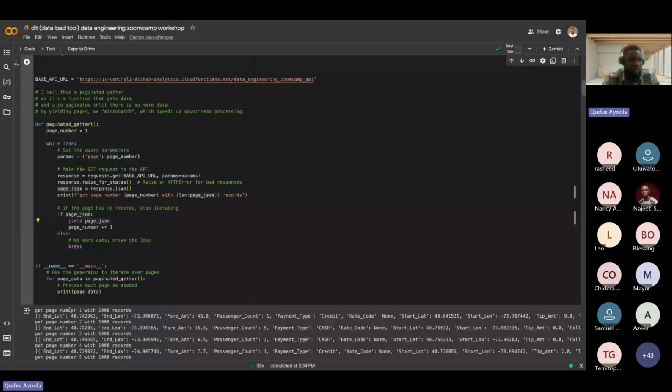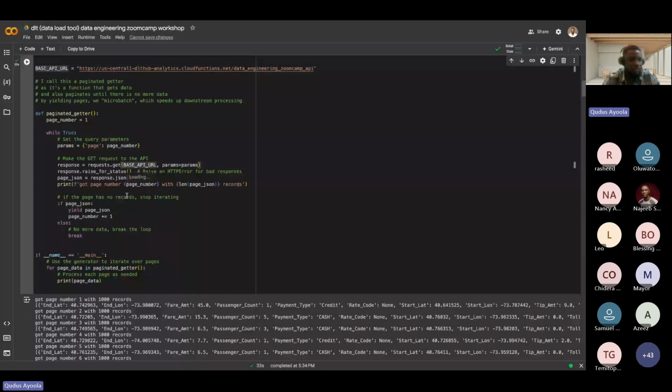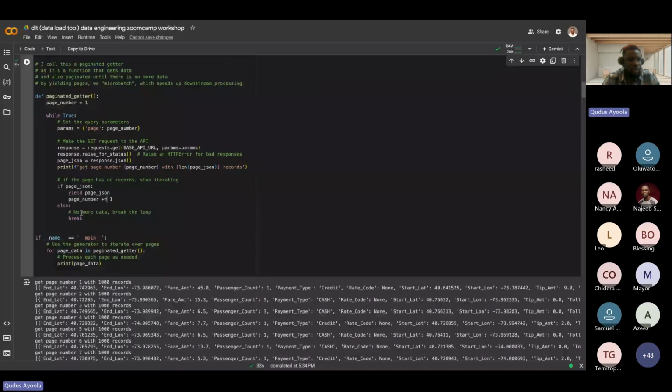So right here you can see we have a function whereby it's picking page by page. Then this is a request.get that uses the API to get the data needed. Then at every point it reads those data, it yields a JSON file. So this is saying where there is no more data, break.